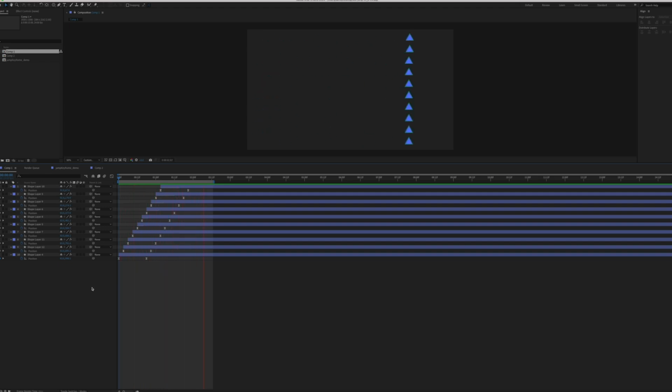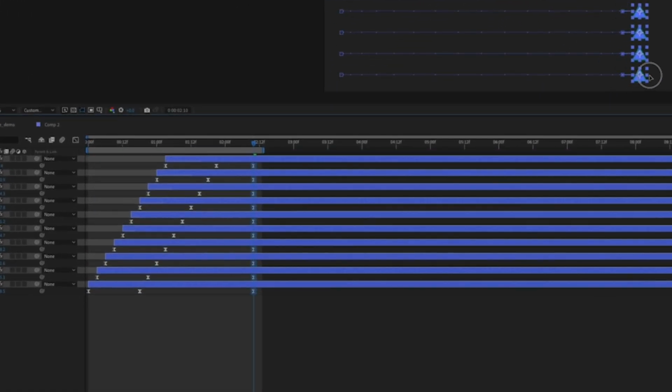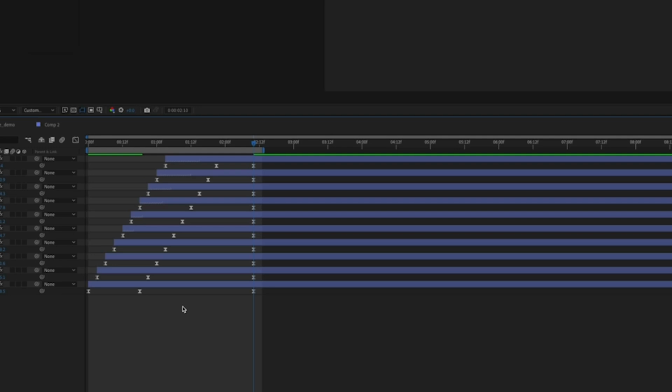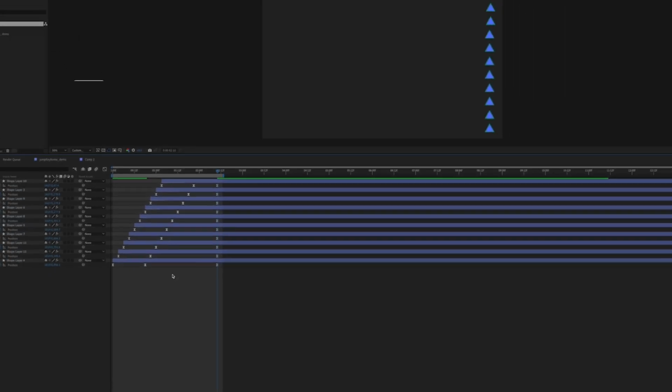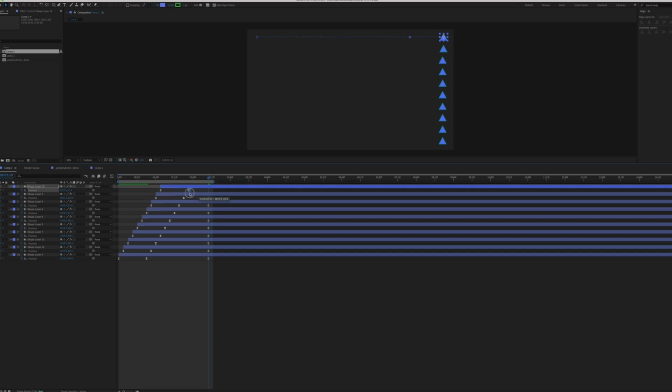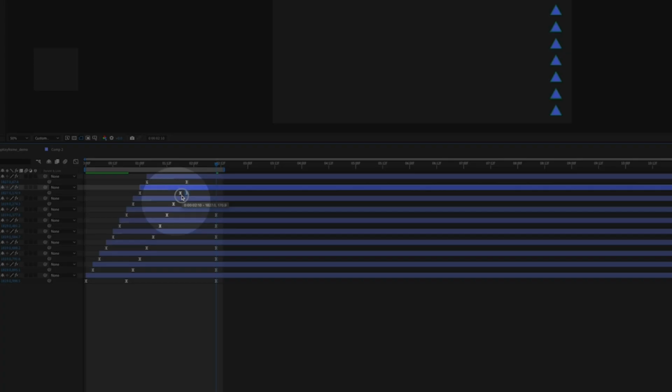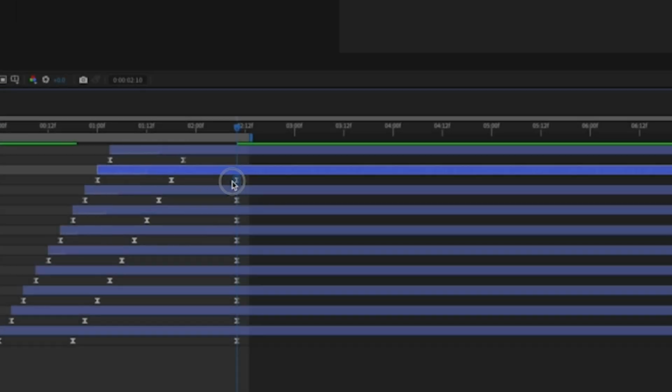You or the client then decide that it needs to go further right, so you move all the objects to the right at once on the comp. Because they're staggered, you can no longer keep the desired position on the timeline for all keyframes, and thus a new keyframe is created for each layer. You either fix them one by one, which besides being very time-consuming, opens the door for errors,